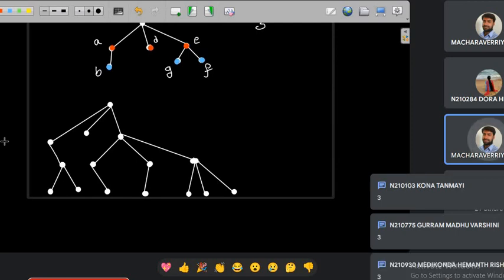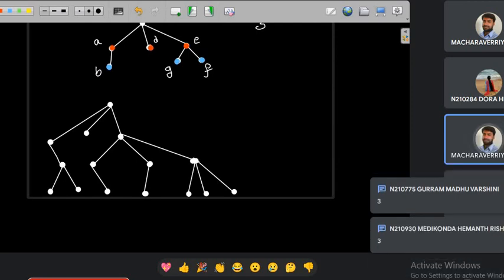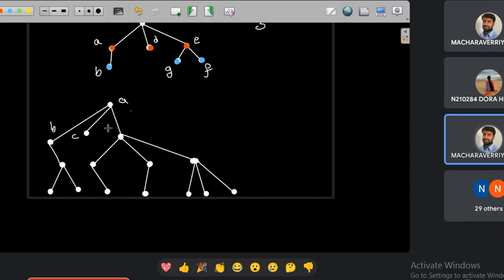So including the root, there are 3, right? Suppose I name these vertices A, B, C, D, E, F, G, H. The children, I mean the pendant vertices, I'm not naming anyway. So if you see, A has 3 children, B has 1 and C has 2,